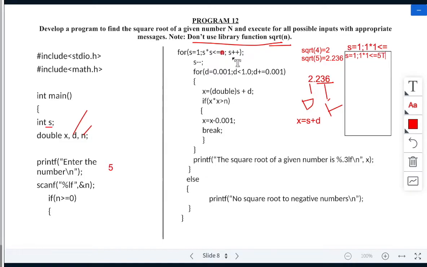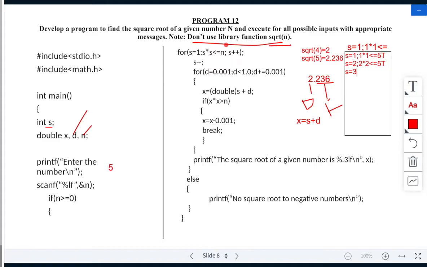Nothing is there inside this loop, so it increments again. S will be incremented to 2. Again 2 into 2 is 4, less than or equal to 5. Again the condition is true, so nothing is there, increment the value. So s is equal to 3.